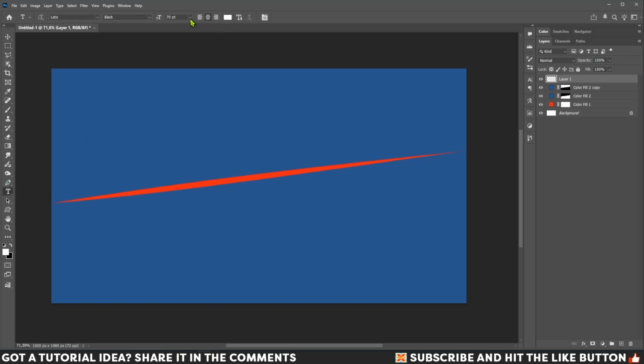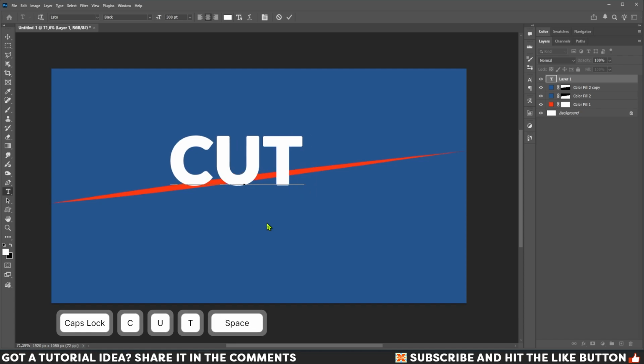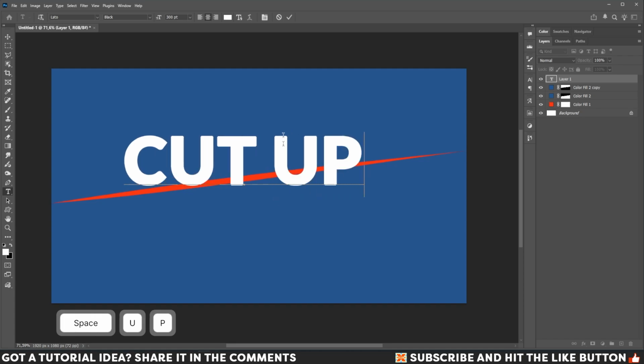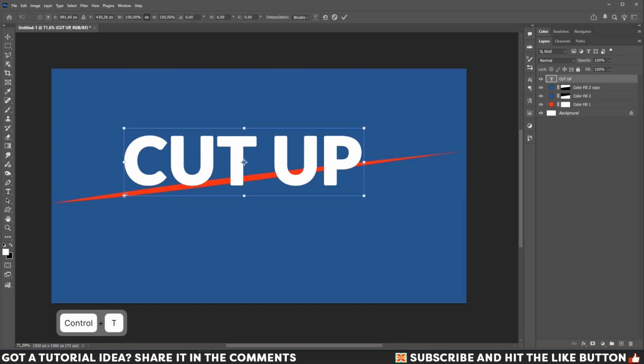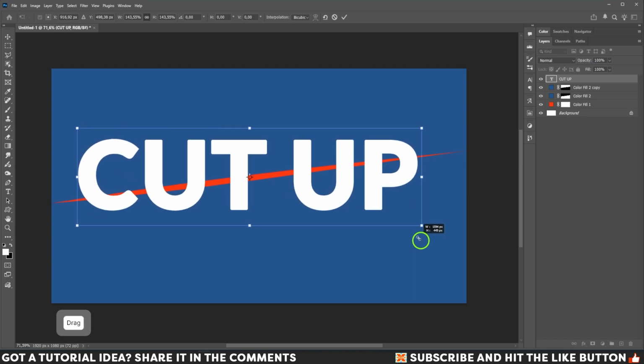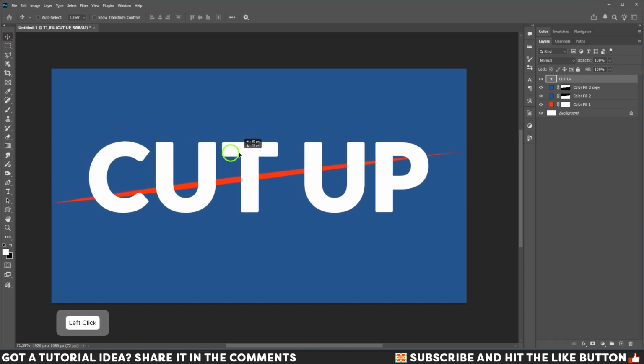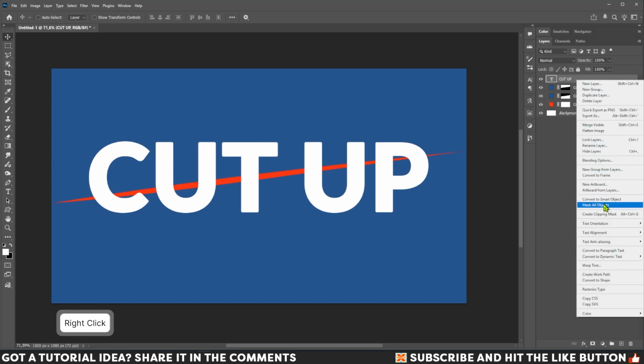I use white. I arrange the size of the text, and then I start typing. Ctrl T to transform the text. Position the text, and then right click, convert to smart object,